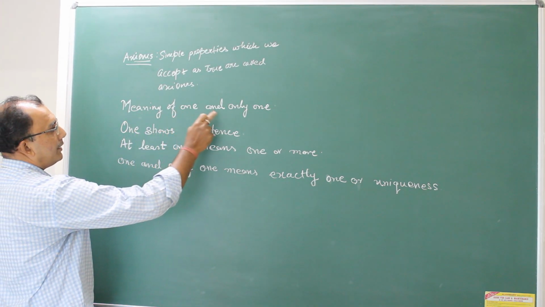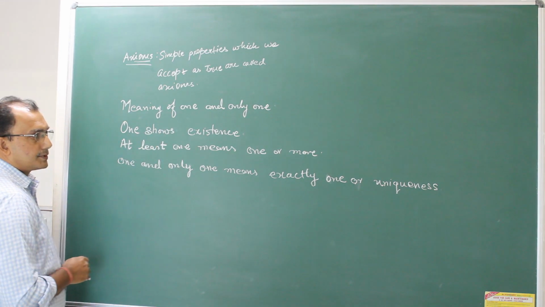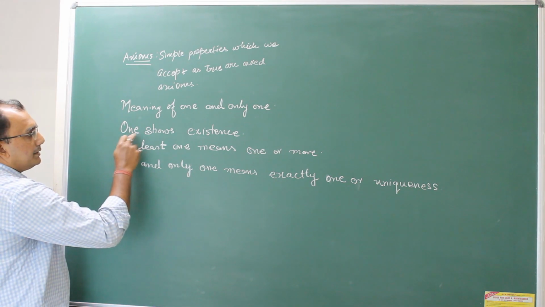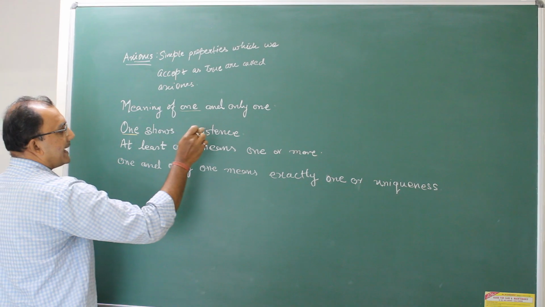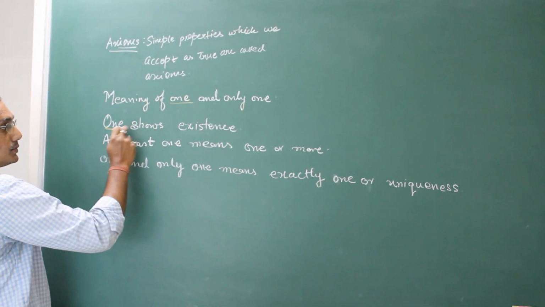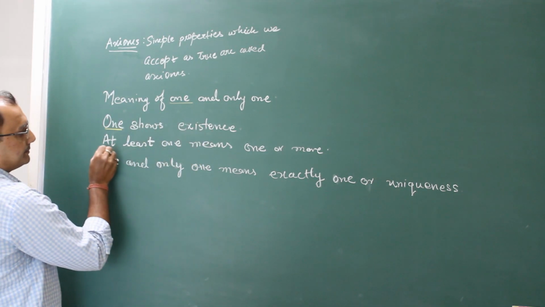Meaning of one and only one. The language that is used has to be clear. The point has to be clear. One shows existence. There is one shows existence. At least one